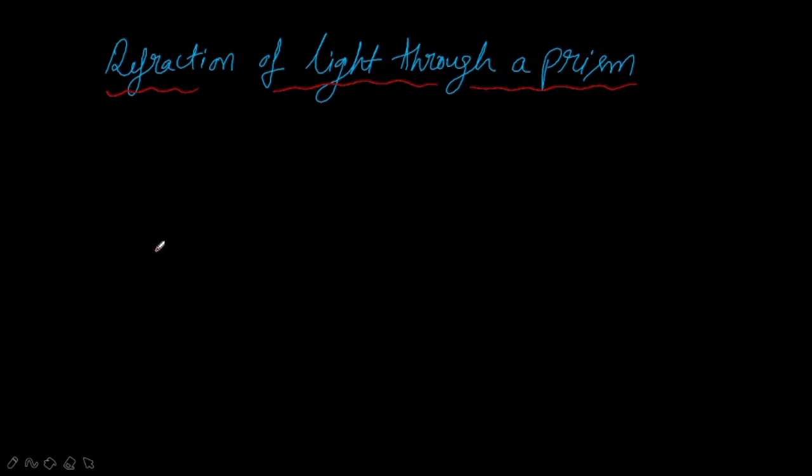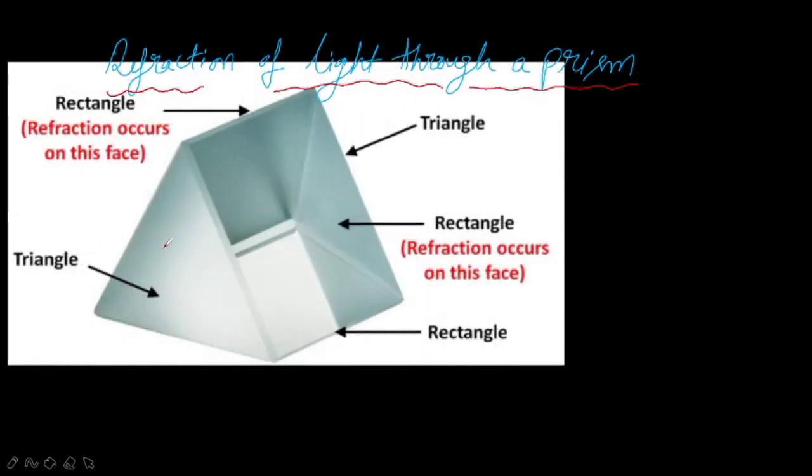But before doing that activity we must understand what a prism is and how it looks. As you can see in this picture, this is a prism which is made up of glass and it is a transparent medium. Then how many faces does it have? As you can count in the picture, 1 this side, 2, 3, 4 and 5. So totally it has 5 faces.